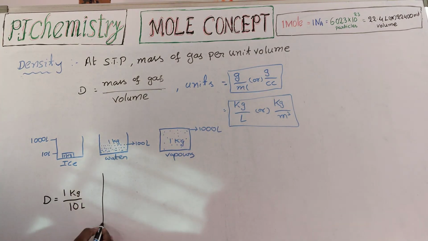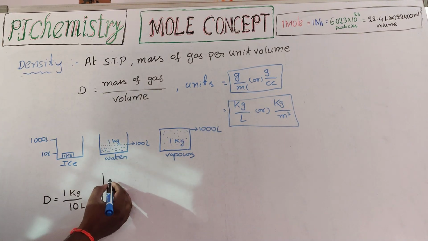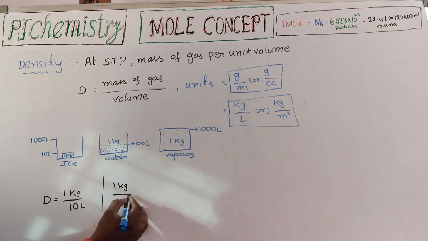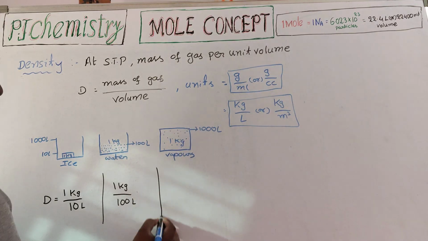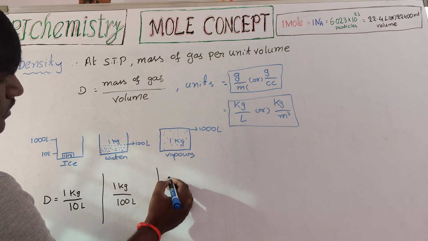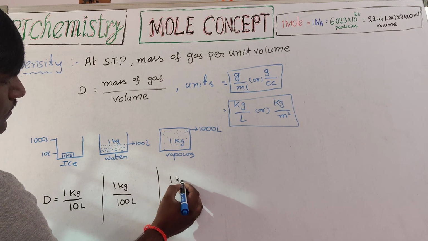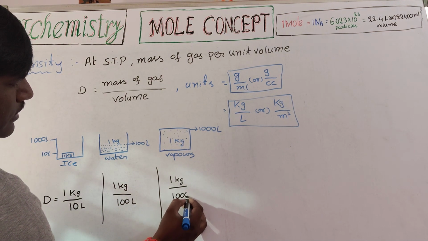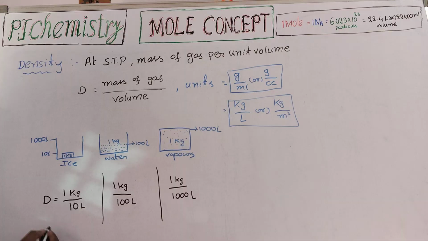Next, the same calculation for water: mass is 1 kg, volume occupied 100 liters. Same calculation for vapors: mass is 1 kg, volume occupied 1000 liters. If you calculate, here 0.1 kg per liter,